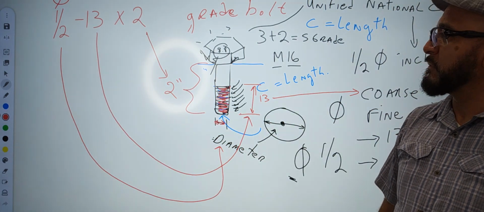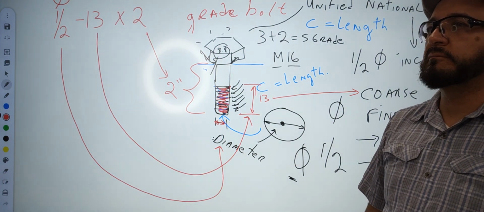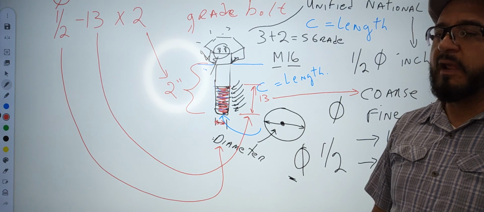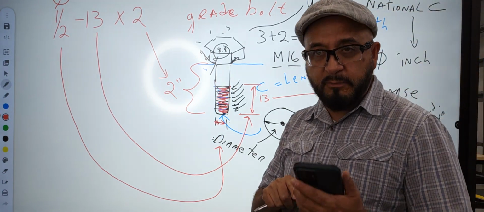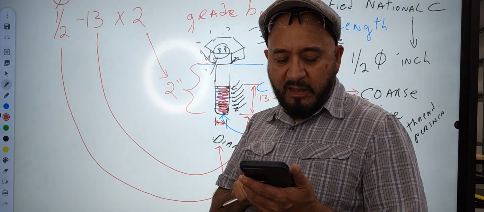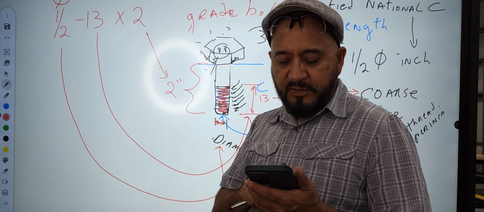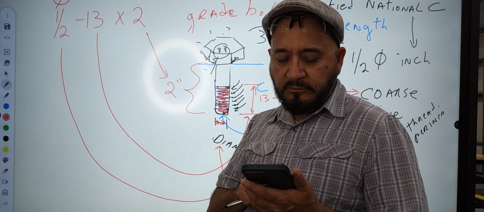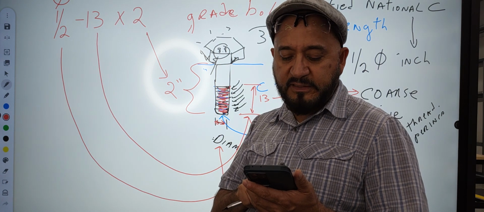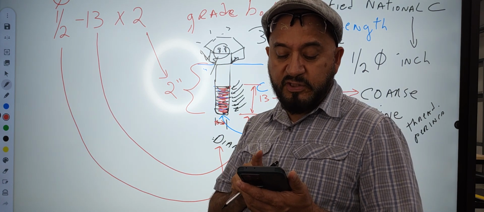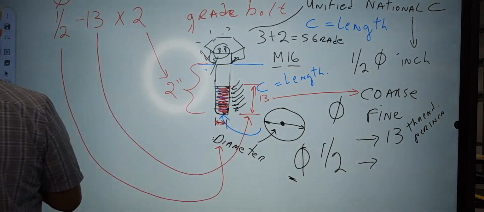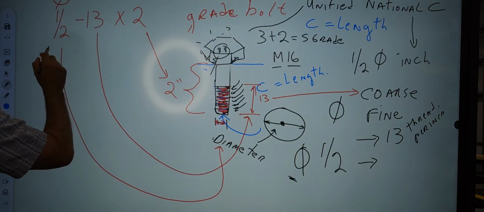So when you're in the hardware store, that's how it will be labeled there. Or when you buy it online, like right now I'm looking on my phone. If I want to buy it online, it tells me the different vendors and it tells me what it is. Oh, I see that there's a finer one, which is a half 22. So there's another one that you could buy. Remember I told you 13? Then the next one that they sell that I